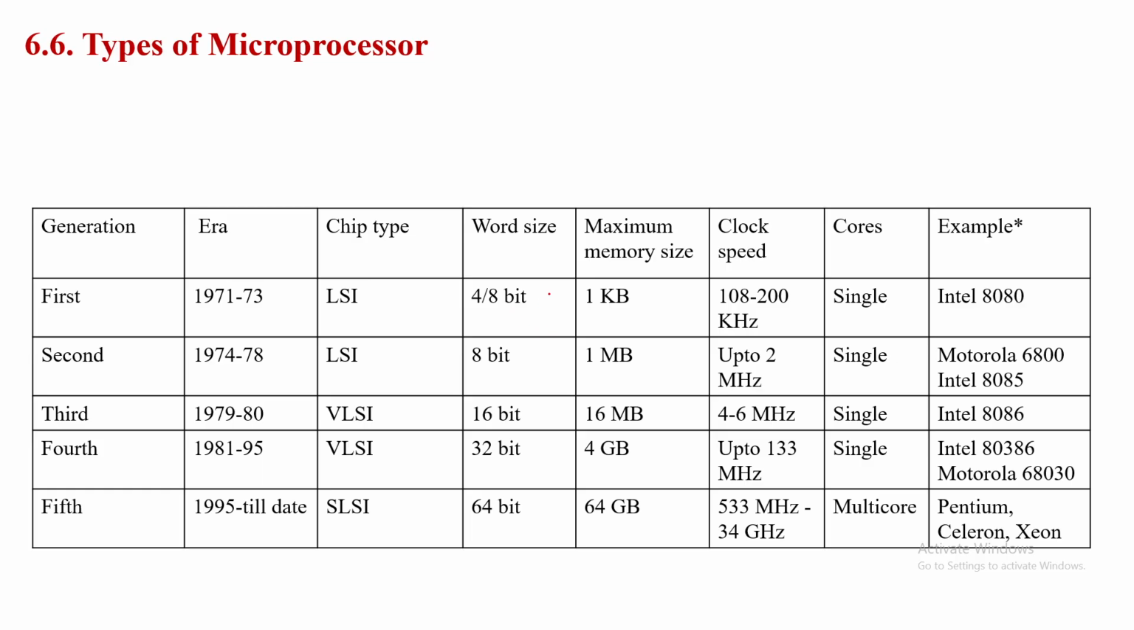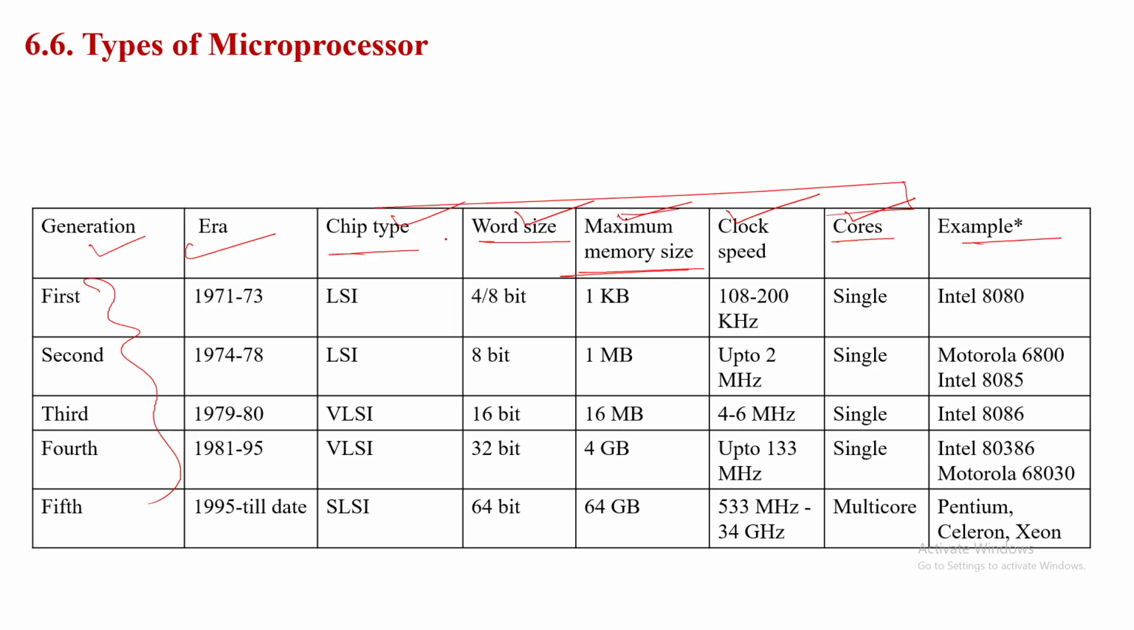Now we will see types of microprocessor. That means we are talking about the fourth generation of computers, right? Microprocessor generation. So here we see generation, era, chip type, which type of chip they are using, word size, maximum memory size, clock speed, cores and example. CPU depends on the chip type, word size, clock speed and cores. Maximum size also we will see. So this is the actual types of